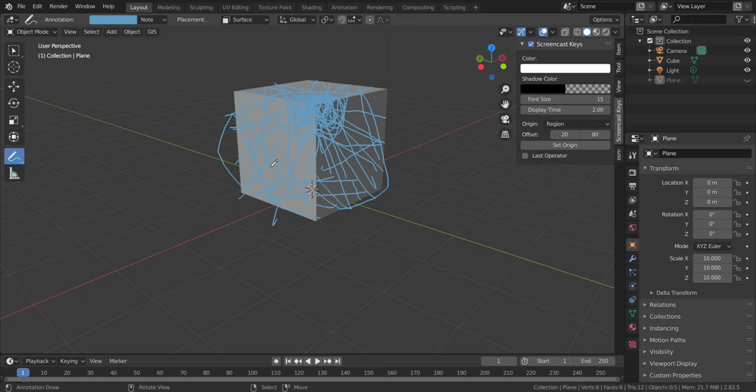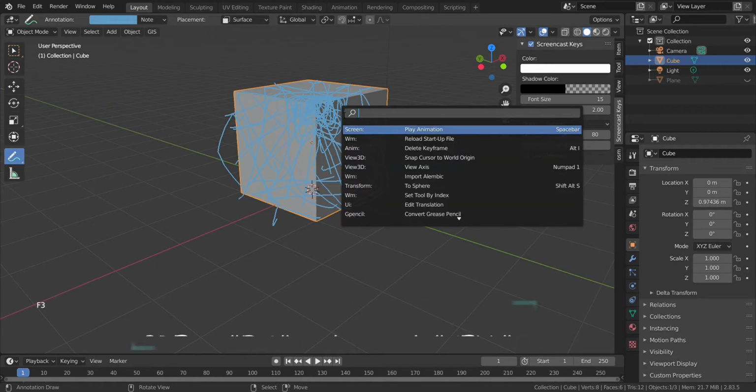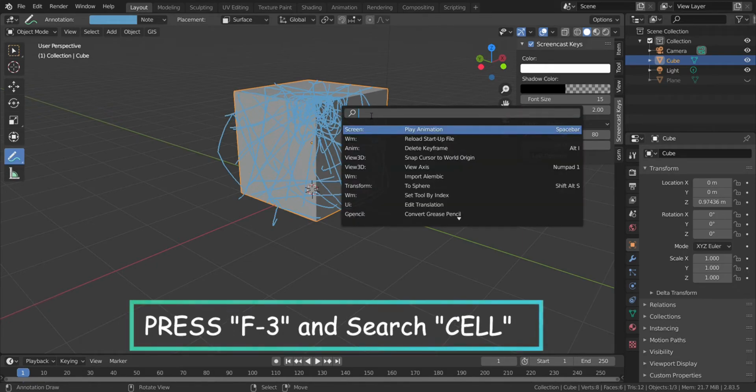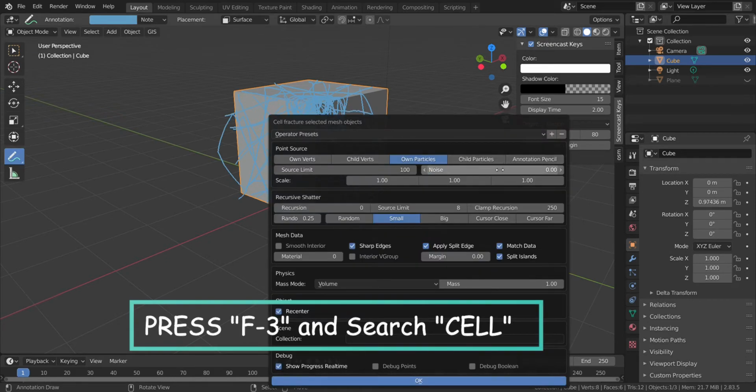So what we will do is select our cube. Use this menu and select the cube. As you can see, there is an orange outline. Now press F3 on your keyboard and type cell in the search section, and select Cell Fracture Selected Objects mesh.